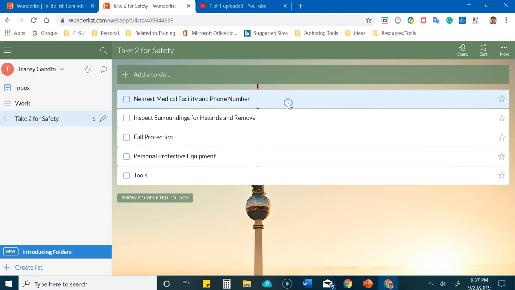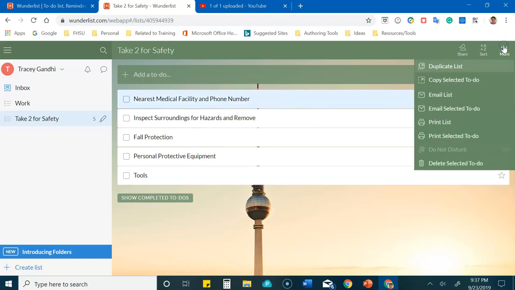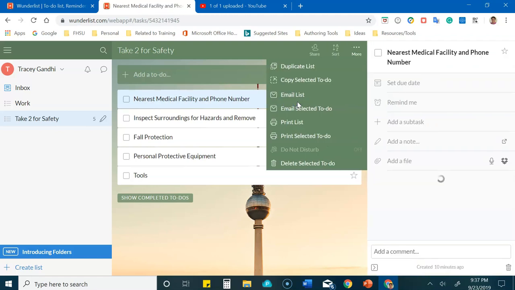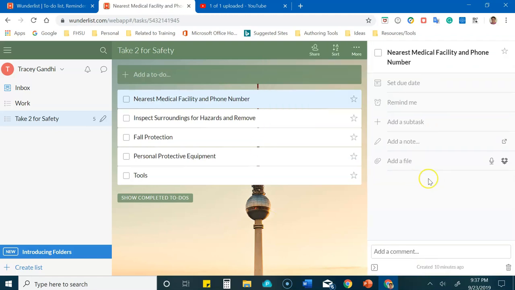But part of the thing I really like about this is that I can dig a little bit deeper into this task. And by double clicking on it, I can set dates for it. So here's where collaborating with teams really work well. And then I can set reminders. I can add a subtask to it. So if there's something that digs a little deeper to that, or maybe there's a note that needs to be